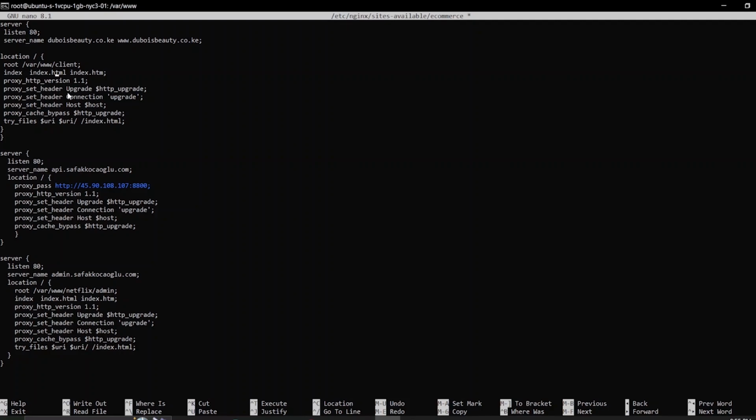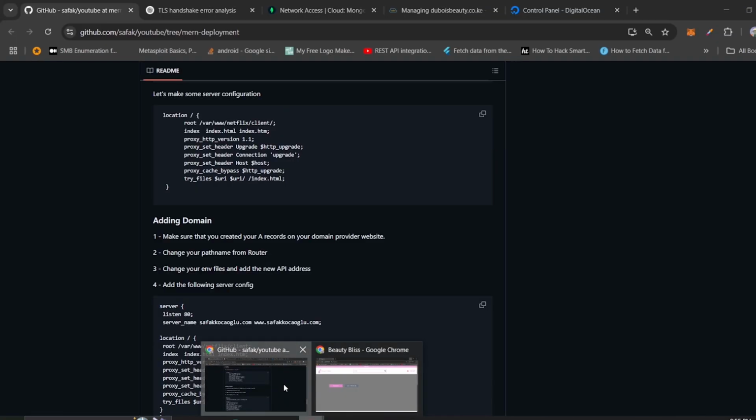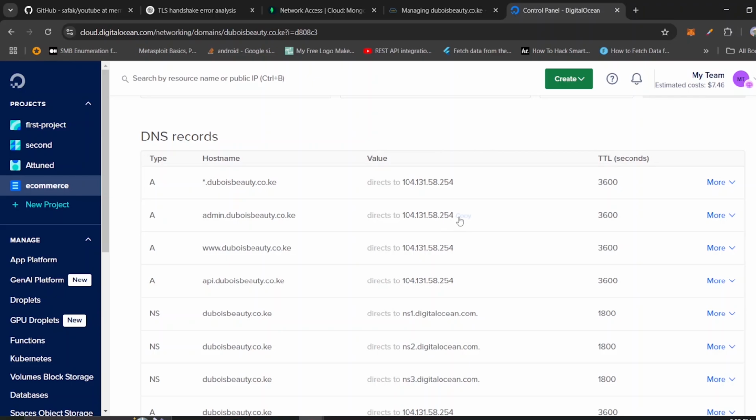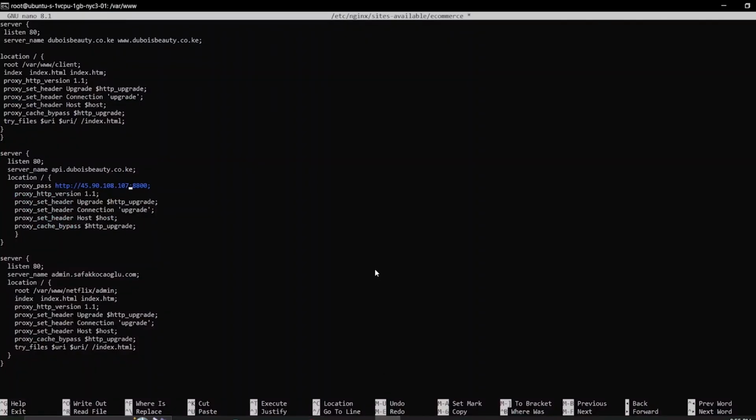For the other part, this is where we need to change. For example, our subdomain here for our backend should be api.duboisbeauty.co.ke, like that, with .co.ke. And then down here, I need to change my IP address. So where is my IP address? My IP address is this one, where my backend is running, so I'm going to copy that,